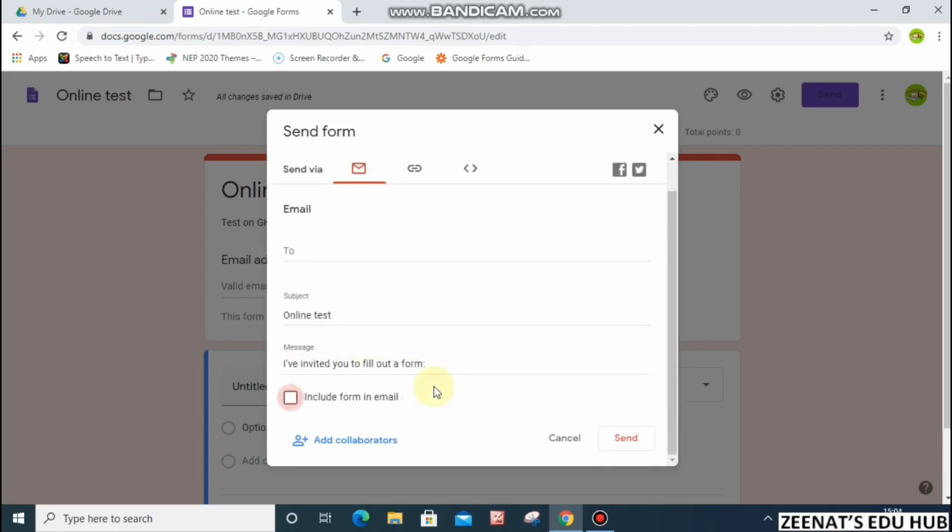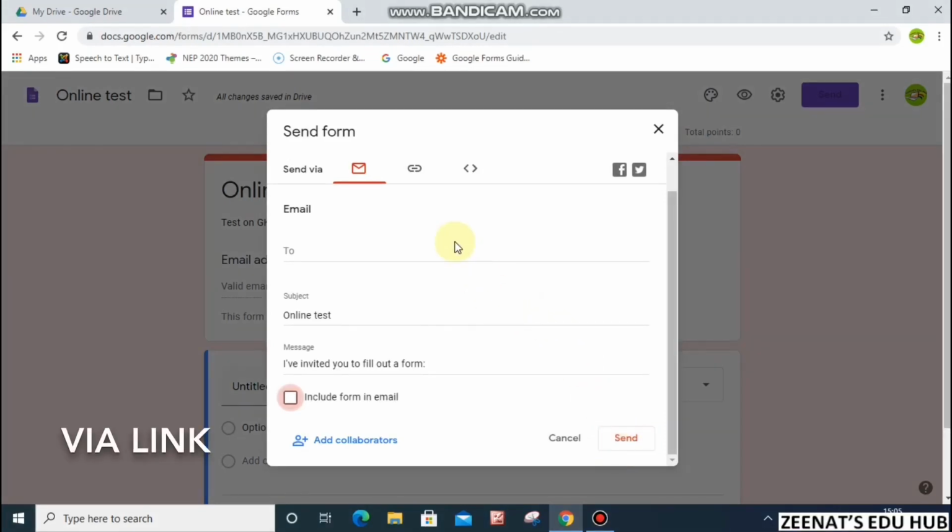Next is the message field. Here we can give an invitation message which goes with the form. There is one more checkbox, that is Include Form in Email. It will display the entire form in the student's email. We will leave it unchecked. Now click on the Send button to send it to the respective email IDs.